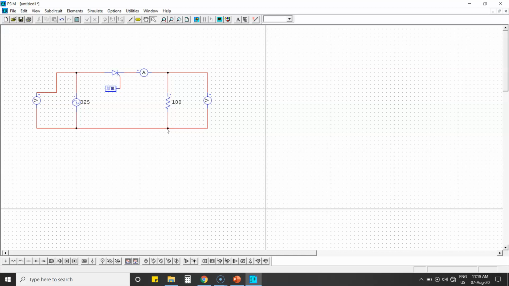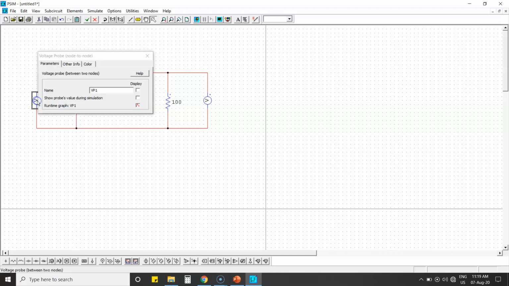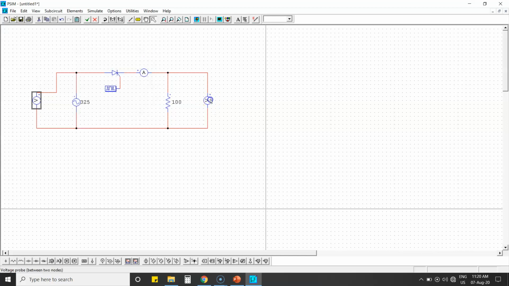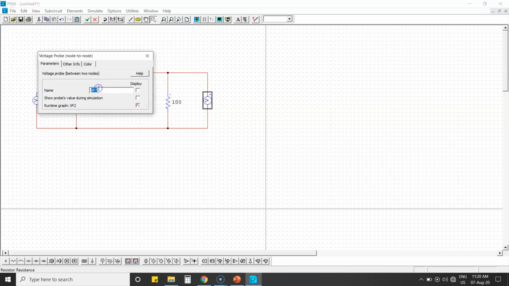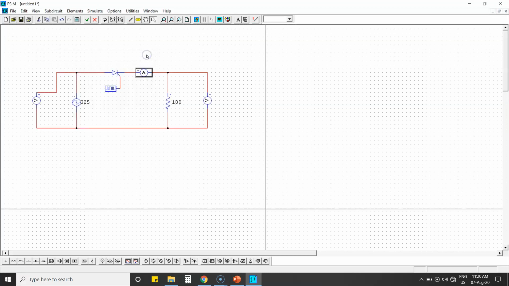So if you want, you can name the parameters. So here they have given us VP1. So this is nothing but input voltage. Okay. So next one, this is for your output voltage, or simply DC voltage, and ammeter. So this is your DC current. Okay. So that's all.